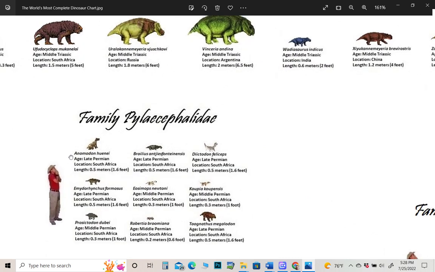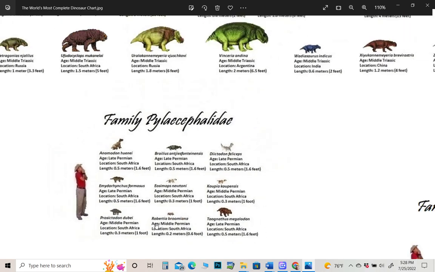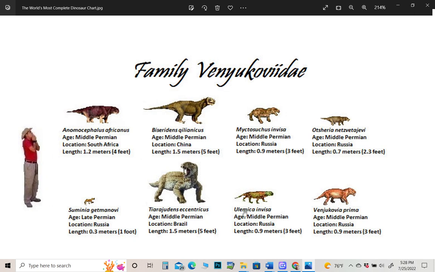Okay, and Paleocephalids: Anomodon, Broilius, Dictodon, Emidorhynchus, Eocymops, Cupia, Prosictodon, Robertia, Talgnathus. The Venyukovids: Anomalcephalus, Biserodens, Myctosuchus, Archeria, Suminia, Tiarajudens, with the saber-tooth-like teeth, which is kind of cool. It's a mammal-like reptile, but it's like a saber-toothed cat, from the Permian. Ulemica,